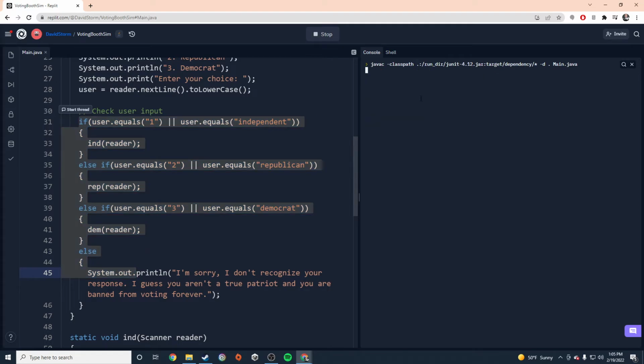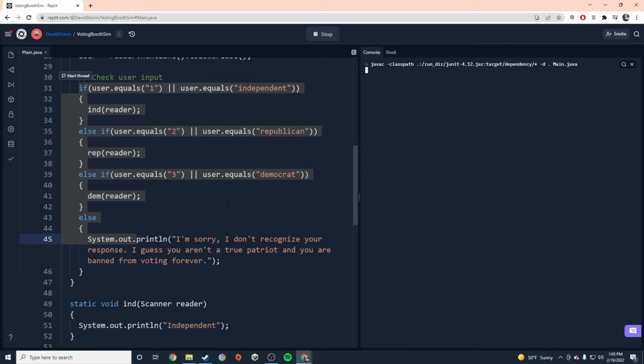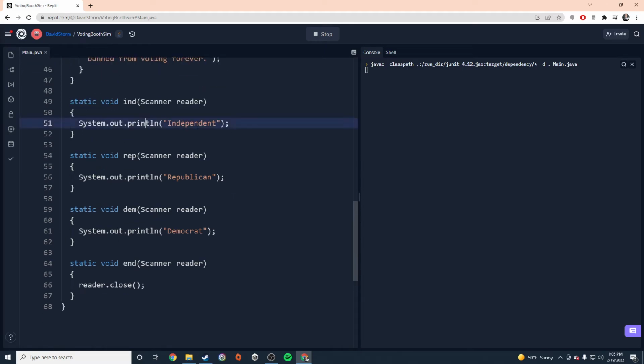The last thing we want to check is if I type something it's not expecting. So let's say I want to vote for the Libertarian Party. I'm sorry, I don't recognize your response. I guess you aren't a true patriot and you are banned from voting forever. Okay, sounds good. Thank you very much, program. All right, so now we know these method calls are working, so let's go ahead and put some stuff in these methods. So instead of just telling them independent, let's say your choices are,